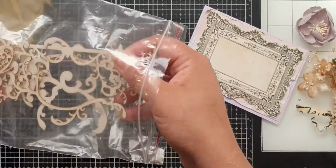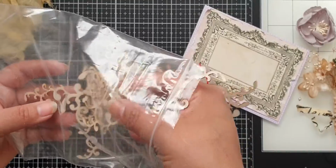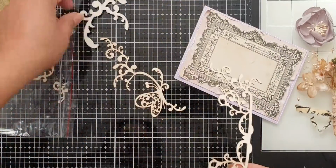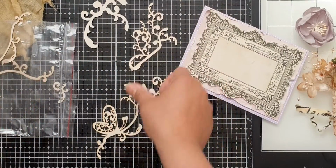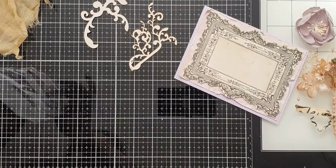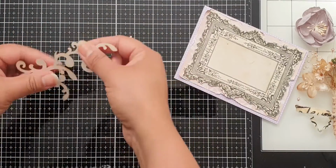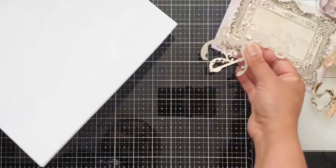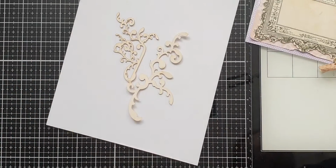So I'm just trying to see which is the prettiest, and there's quite a few in this pack. I like this one and I like a bit of this one. So these you can tear and rip and use how you want, because it is just laser cut chipboard, almost like balsa wood chipboard. So I'm going to put these on some paper and I'm going to just slightly gesso them, just ever so slightly, just to make them a bit